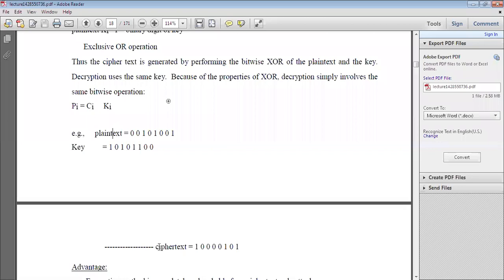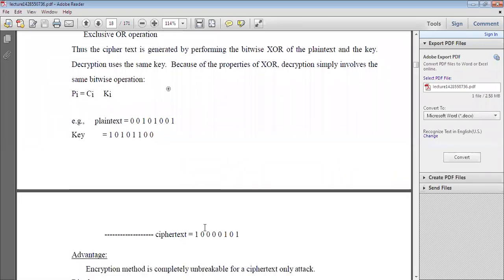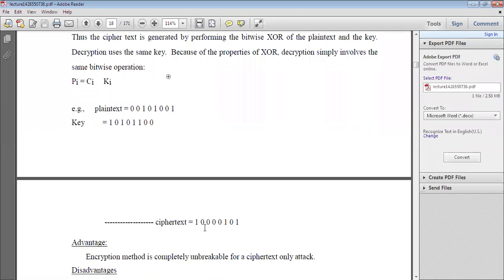Clear? So this is regarding the one-time pad cipher technique. First, whenever you want to send a message, you convert the plain text into ASCII form. After converting to ASCII form, the binary form of the plain text is XORed with the key, and so you get the ciphertext.